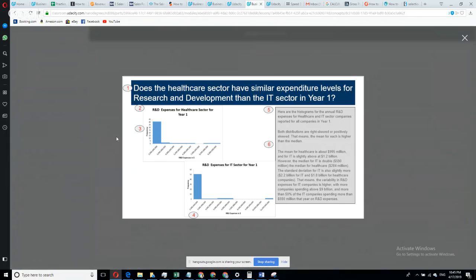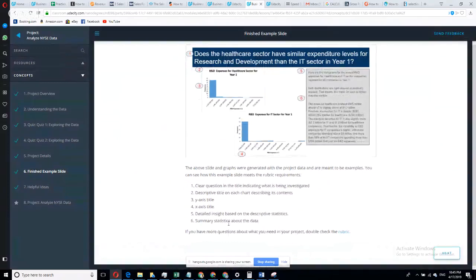This is an example of what would be expected. So notice the graphs. You have a title. You have axis labels, right? You have a title and axis labels. So